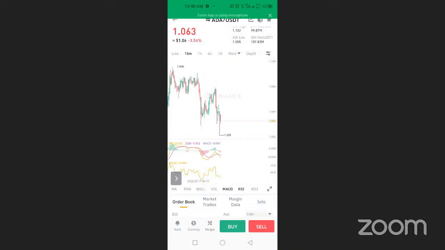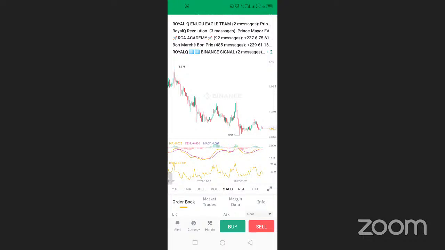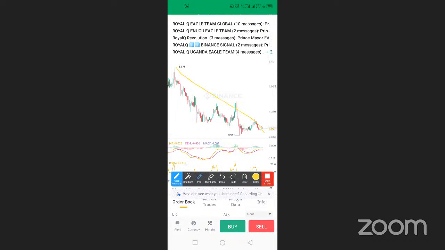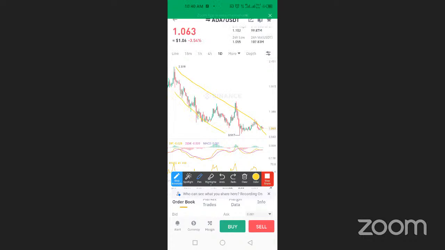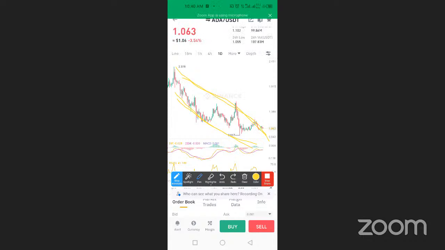So what I'm trying to say in general is this: use one day to see the general view of this market. You understand? If you look now at one day, you can see for over two months or thereabout, this market has been in a downtrend. You can see this slope. This is what happened. So until we start seeing that this market, if I draw a trend line from here,